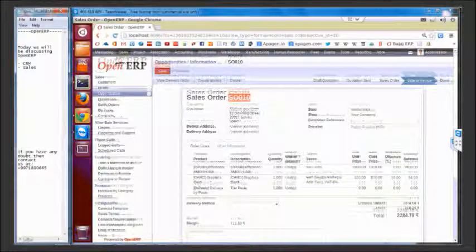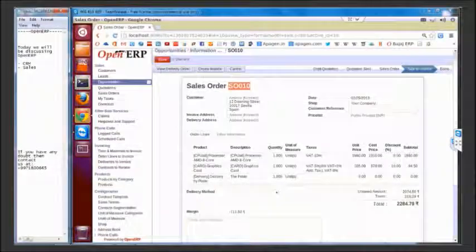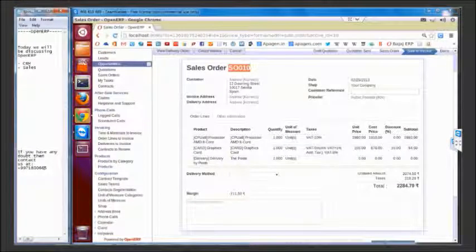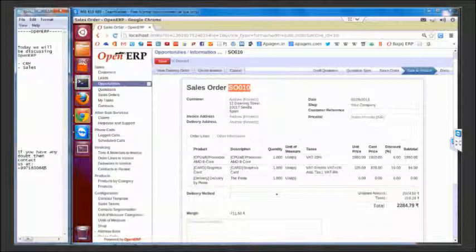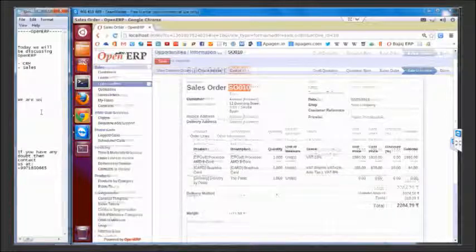A sales order number is automatically generated based on the prefix and the suffixes that we decide. All the information that we have given is now available. This particular sales order is now ready to invoice. Invoices and delivery orders related to the sales order depending on various